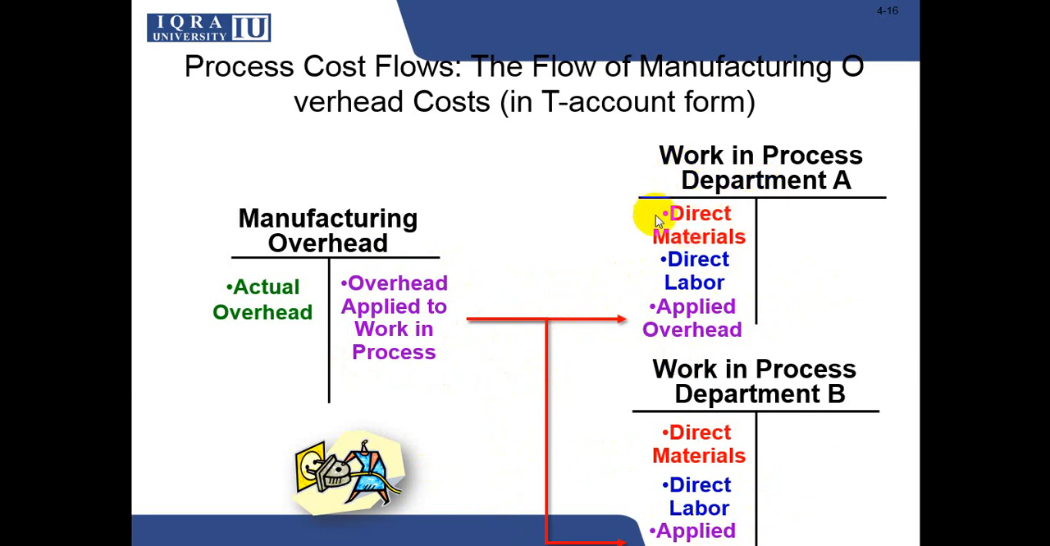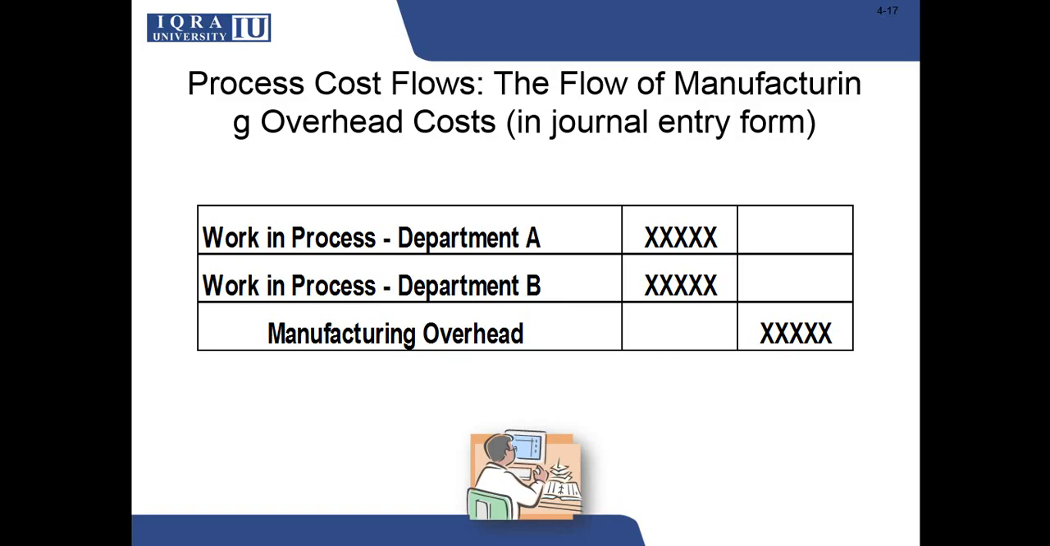First we take material, then we have taken labor, and now we apply overheads to production, right? So we will take overhead as a debit for department A and again as a debit for department B. How will we record it? These two departments are debit. So we see here WIP department A is debit, WIP department B is debit, and manufacturing overhead applied